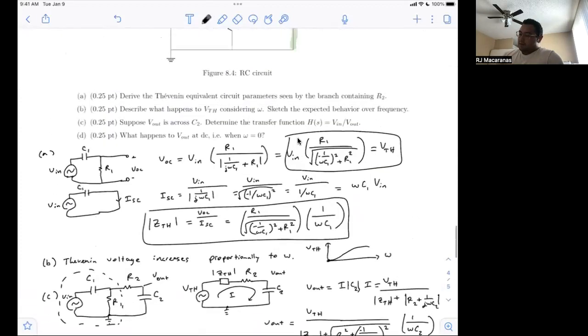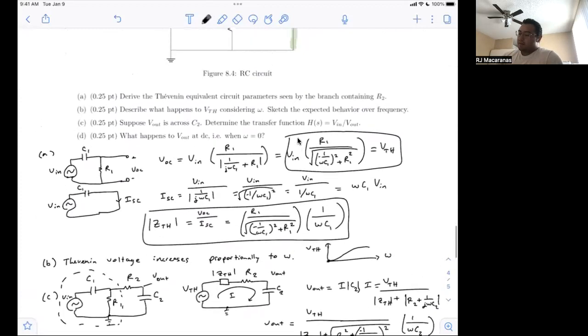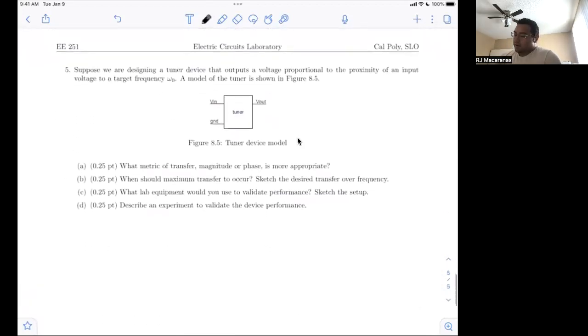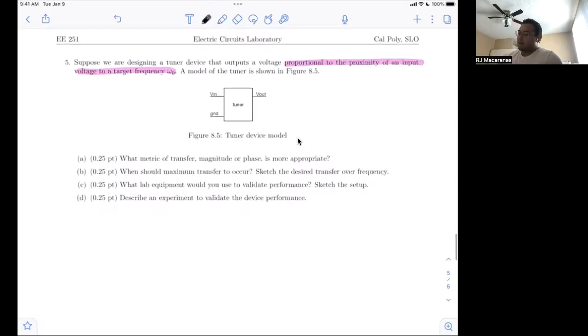All right, so this was a bit of a challenge. I think I'll probably have something a little bit easier than this question on the exam, but good practice. And so for this final question, it's more of a design kind of question since that was part of the course a little bit. So it says, suppose we're designing a tuner that outputs a voltage proportional to the proximity of an input voltage to some target frequency. And since the level of the output voltage is proportional to that proximity, that should give you a clue for this first question that the magnitude is a more important metric. So when we're closer to that target frequency, our output should be greater. So magnitude,